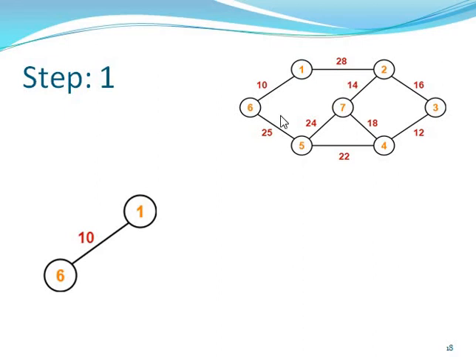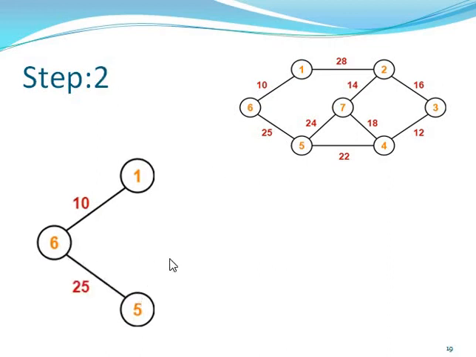We can repeat that the condition is you can connect any point or any vertex, but then after that you choose the minimum weight of the spanning tree. Then you can connect it. So we can show it here. We can start here at 1 or 6, basically connected. Then this is 10. After that we see which direction we can go. Here this is 28 and here 25. So easily we can go to 25. So we connect it.